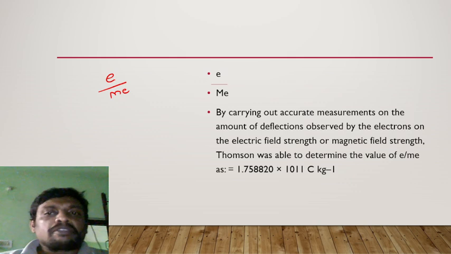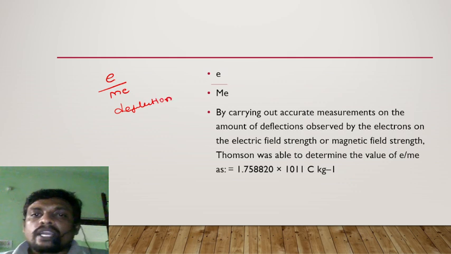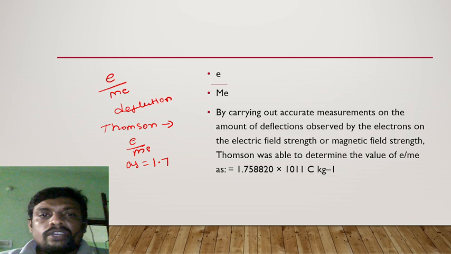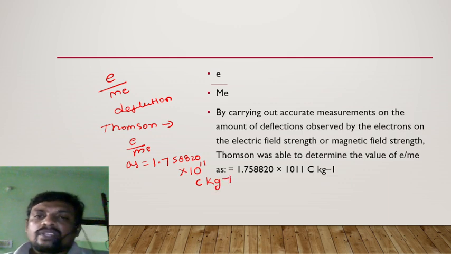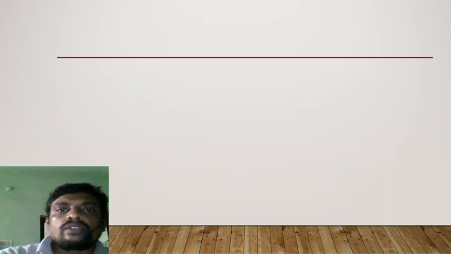By carrying out accurate measurements on the amount of deflection that takes place by the electric and magnetic field on the particle, the electrical field strength or magnetic field strength, whatever it is, Thomson was able to determine the value of e/m_e as 1.758820 × 10^11 coulombs per kg, the inverse of which is the value given by J.J. Thomson. Okay. Finally, the charge on the electron, how much it will be